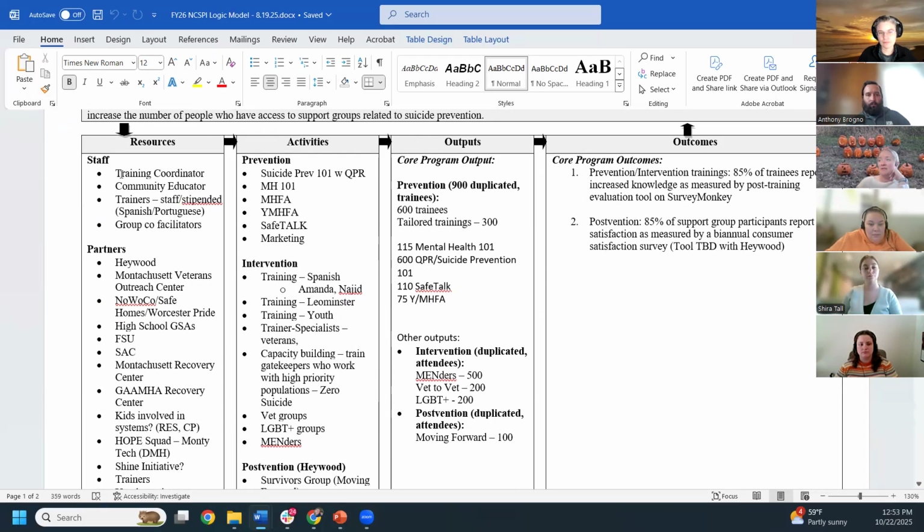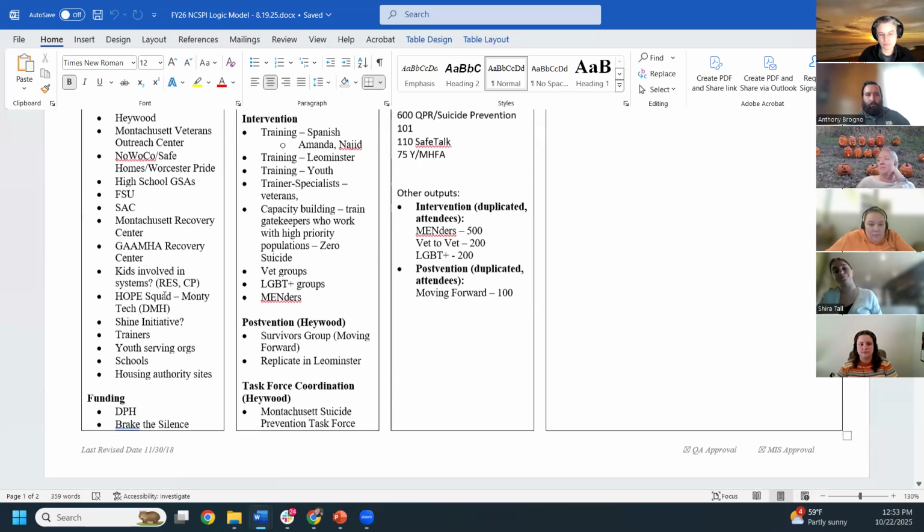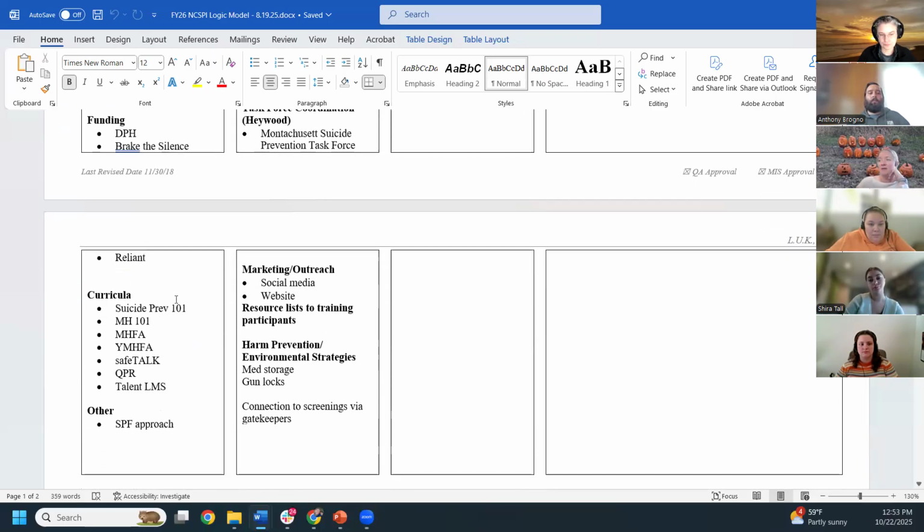This one, you can see the staff. This one requires a lot of partners. We have multiple funding sources for this program, and there's a lot of curricula. Since it's a training program, in general we're just not going to make up stuff and go out and start presenting to the community. Funders want us to be utilizing a specific curriculum or training. And then this is the, oh my gosh, the fifth. Strategic prevention framework.